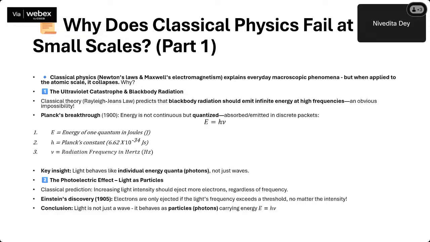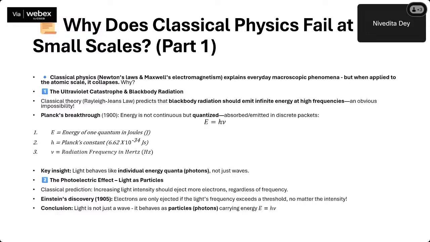We start with that thing in our class, that it will collapse. Then the ultraviolet catastrophe and black body radiation. The classical theory predicts that the black body radiation should emit infinite energy at high frequencies. Okay. And through the equation, E is the energy of one quantum in joules, joule is the SI unit